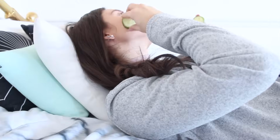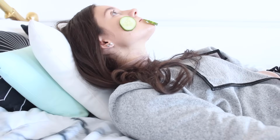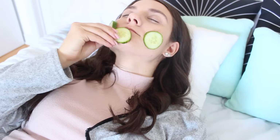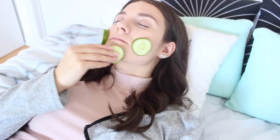Cucumbers are super great because they contain vitamins, magnesium, and there's so many benefits to the skin. Pretty much when you place the cucumber onto the actual acne, it's going to soothe the skin by reducing inflammation. It also reduces the appearance of acne scarring as well. It's just really cooling and calming